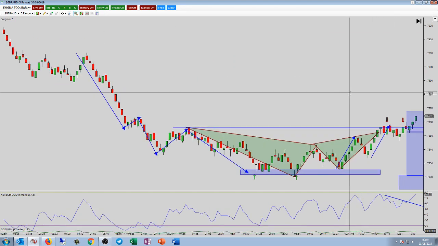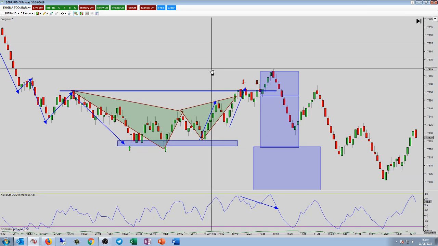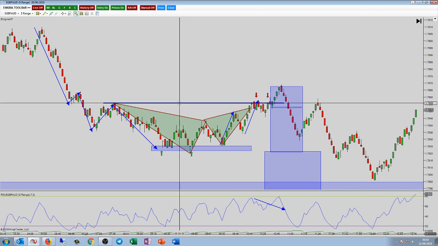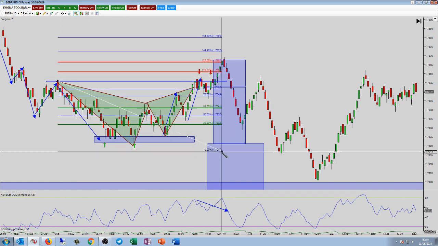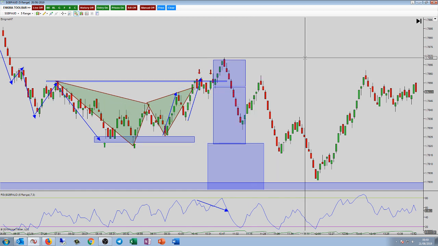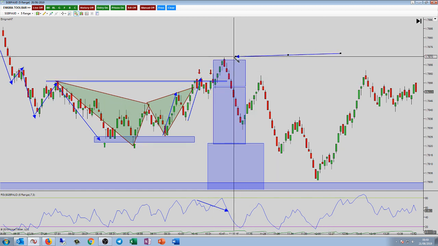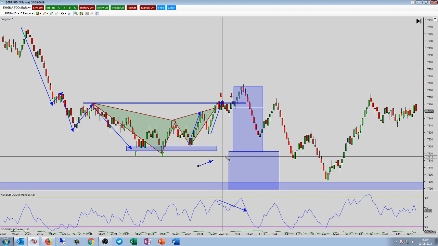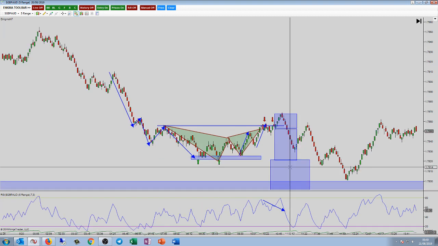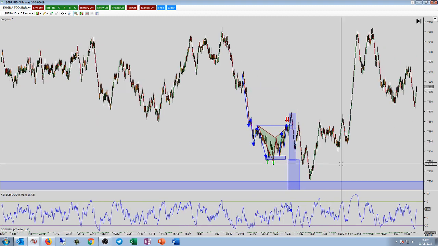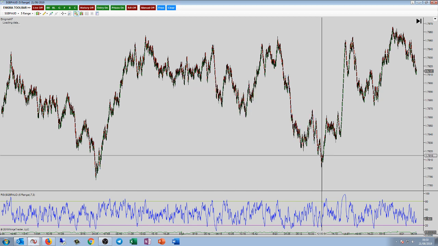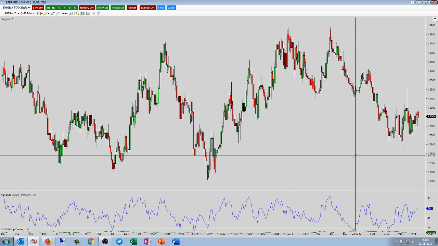Last time we spoke though, we said that you have a potential bat here. You could maybe look at using that as the entry to get short, and I think if you did, you would have just been stopped out if you used a 113. Oh yeah, you would have been stopped out. In fact, you can see just here, this is where I said you would want your stop loss a little bit further back because it's the lower time frame, and you could look at first targets at a retest of the lows, second targets a little bit further down, and the trade played out for first targets, but you would have been stopped out. Let's go and look at the dailies, because pound Aussie is just in consolidation, but it is adhering to trendline structure.